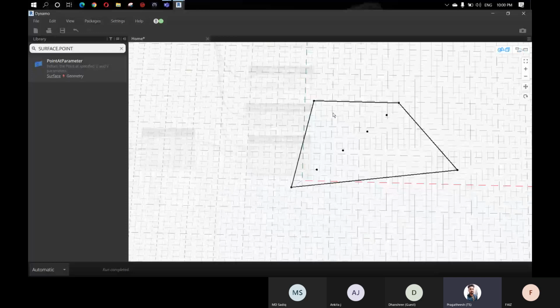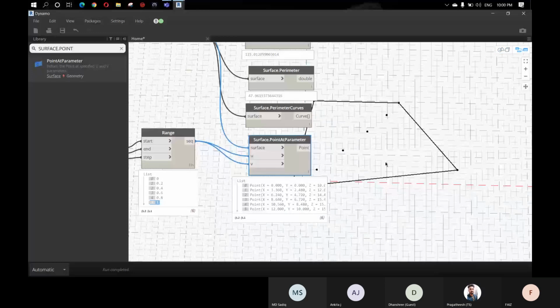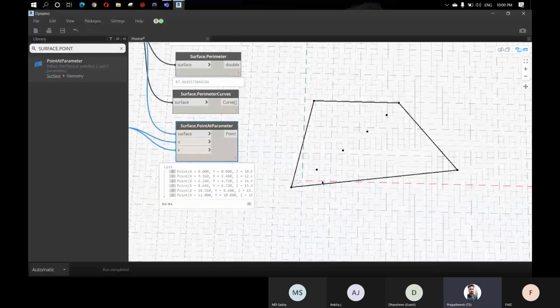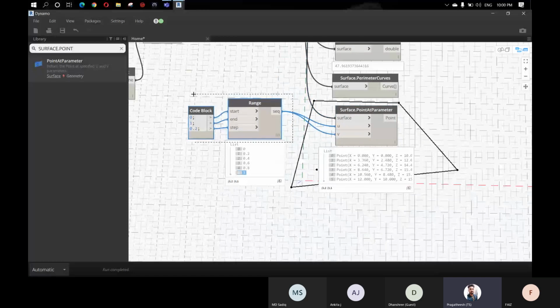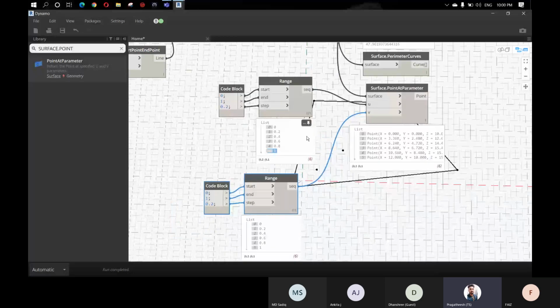It's a local coordinate system which is only applicable to this solid or surface, whatever it is. So the axis which is similar to X is called U, and the axis which is similar to Y is called V. Let me copy this so that you will get an idea.